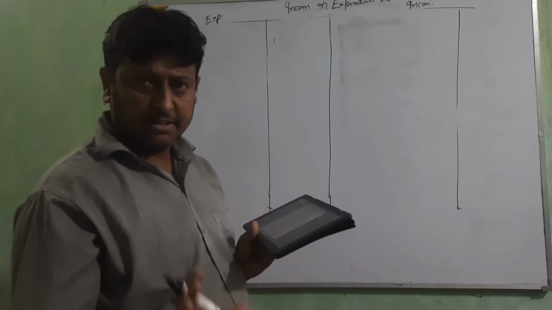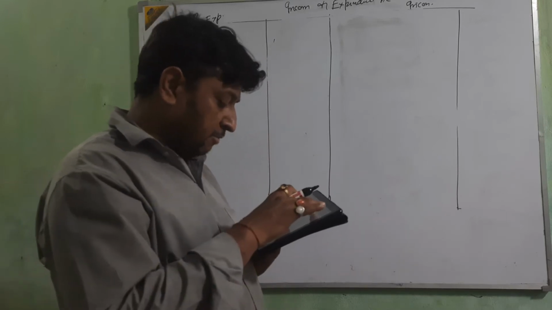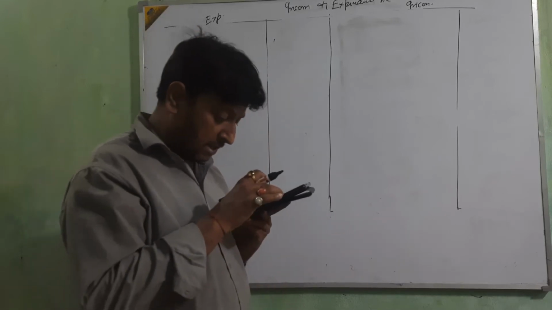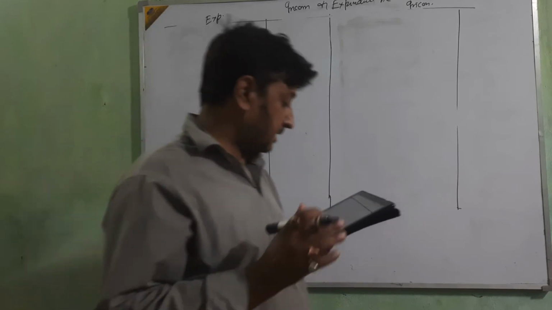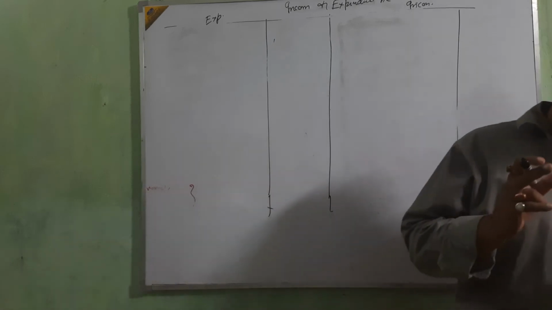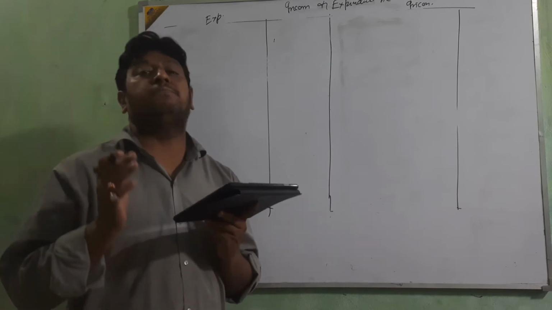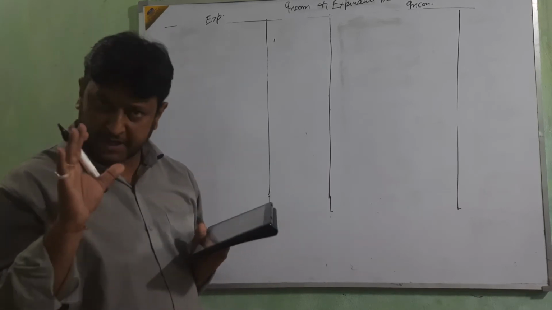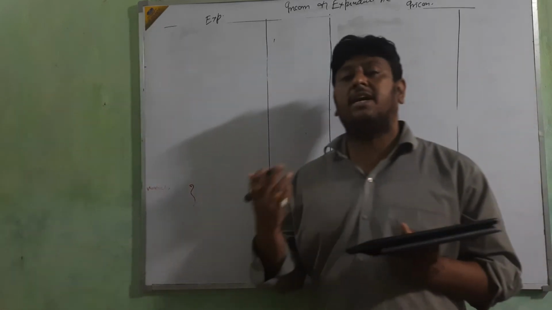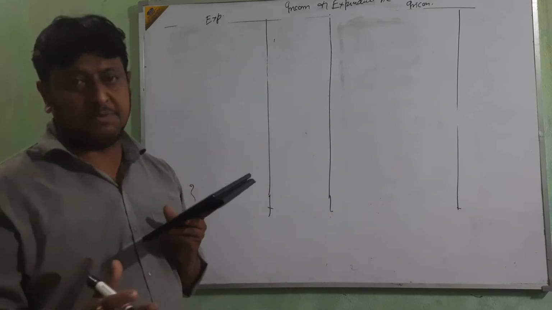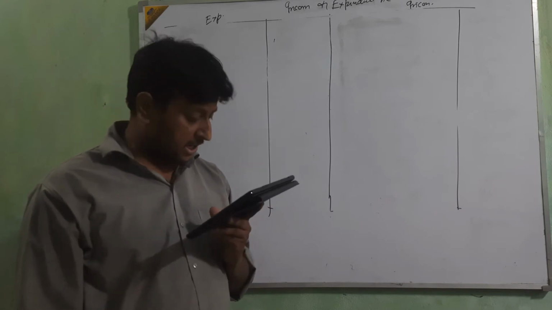Okay? Clear? Now we are going to start question number 2. First I am going to explain this question, then we are going to solve. First is the cash balance. Again I am telling these things, we don't take any type of balance. Next is the life membership fees. It's capitalized, so we are not going to take it, because only revenue things we take in the income and expenditure account.